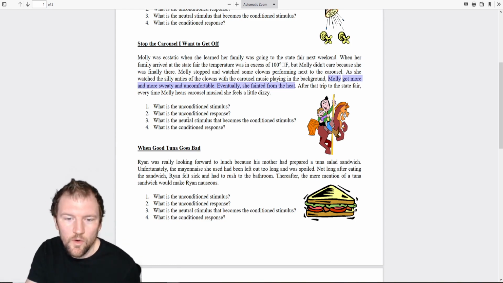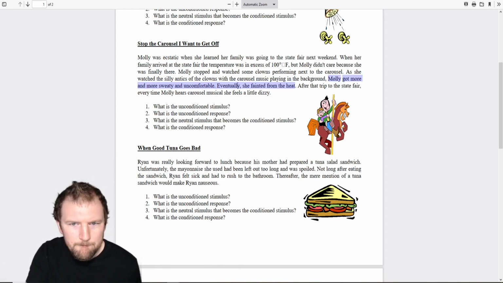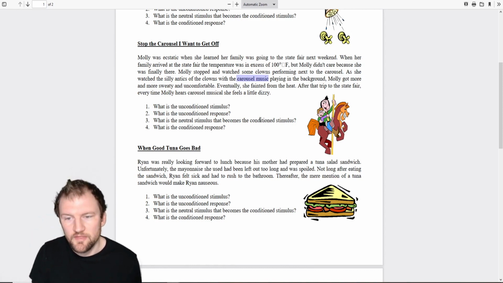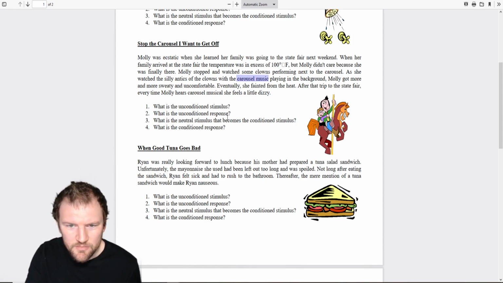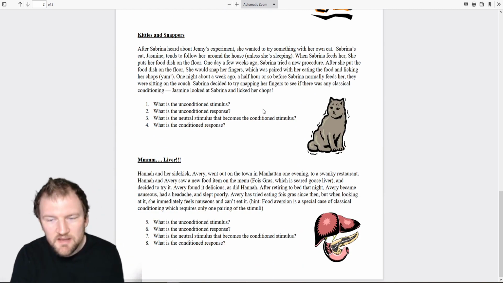And then, what was the neutral stimulus which was associated with the heat? In this case, it would be carousel music. Nothing to do with heat, but she learns to associate it with heat. So carousel music is the neutral stimulus, which becomes the conditioned stimulus once her brain associates carousel music with the heat. And then what is the new learned or conditioned response to the carousel music? And that would be feels a little dizzy. So there are 4 more. Go ahead and fill out all those on the PDF, which is on Classroom. Turn that in, and that's